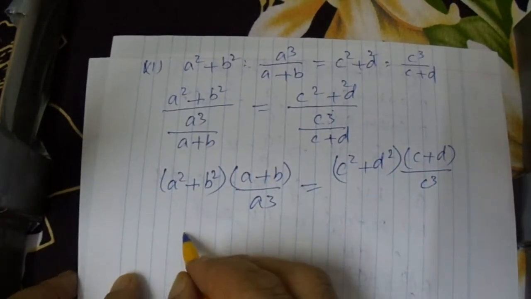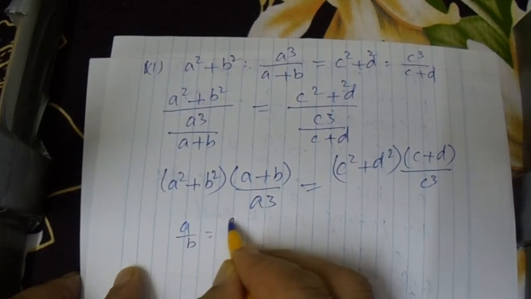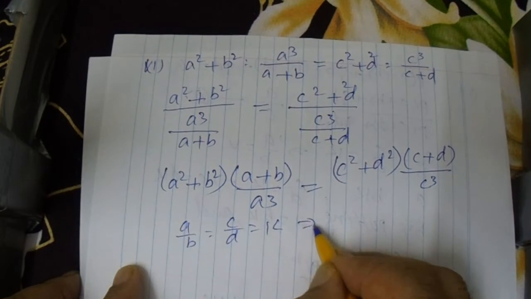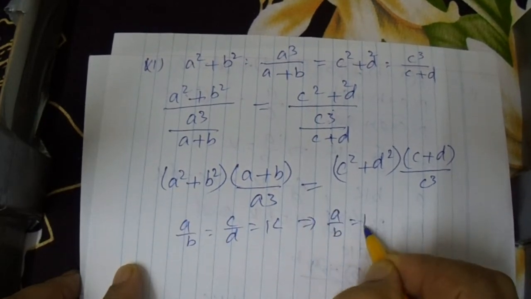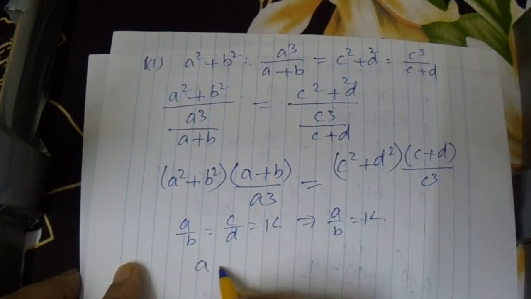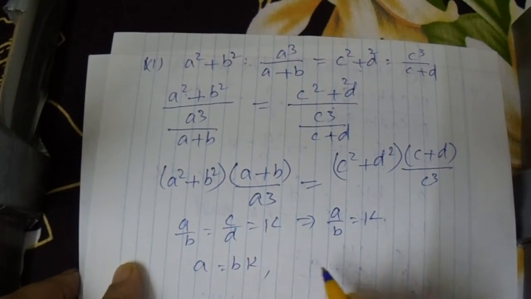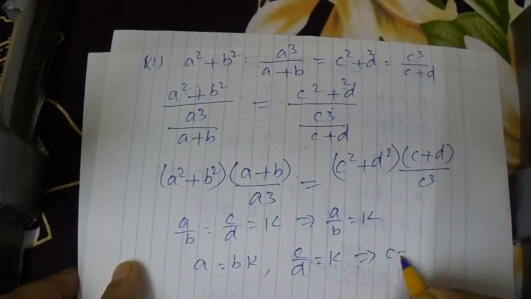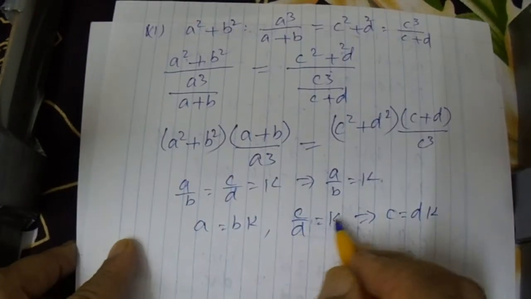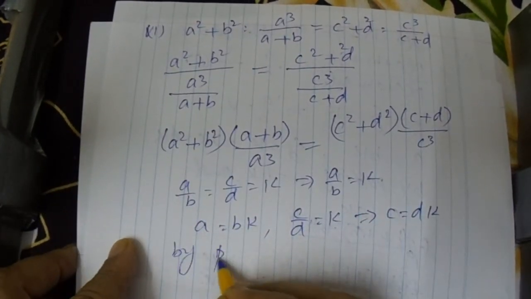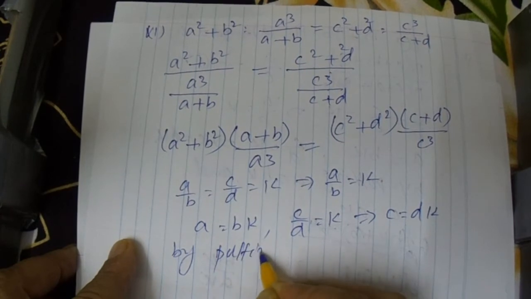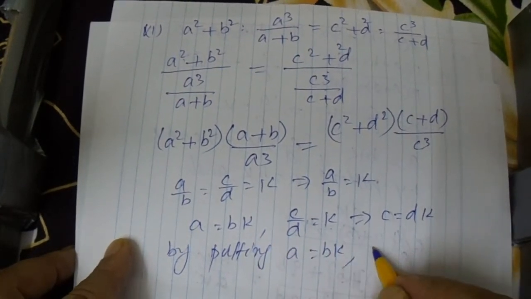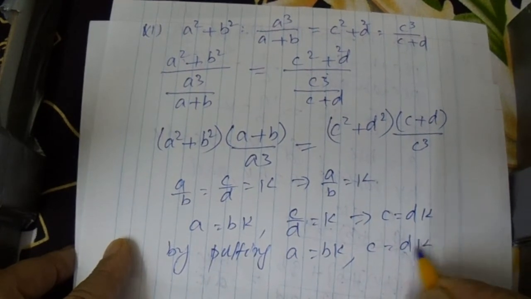Now again we put A over B is equal to C over D is equal to K, and here A over B is K, so A is equal to BK, and here C over D is equal to K and C is equal to DK. By putting A is equal to BK and C is equal to DK, then